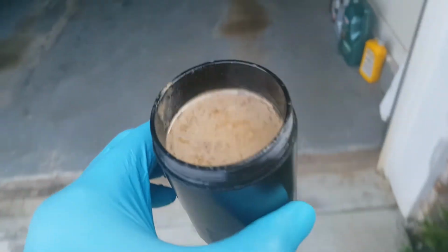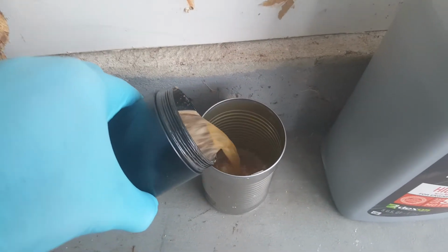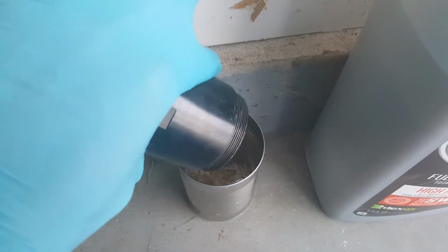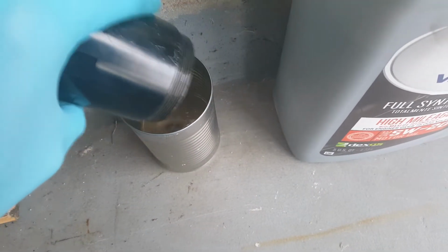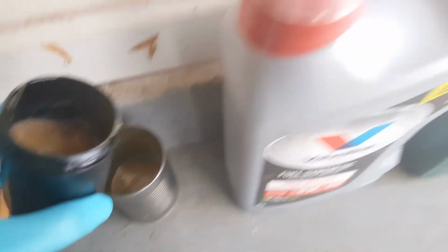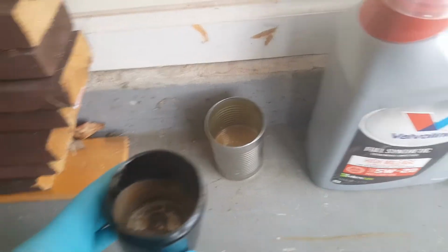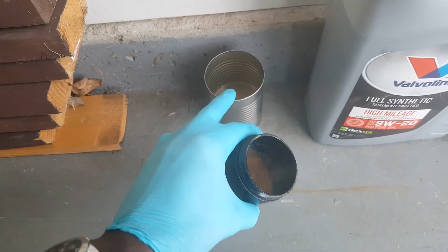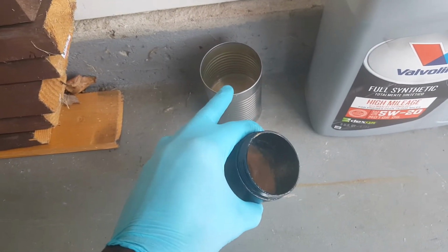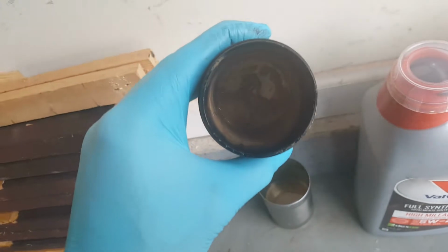What I do is I keep a little can over here and I just pour it in there, where I can put it in a container and dispose of it when I take this used oil in. I don't like to pour this in the yard or anything like that. So I just pour it in this little can here, and then later I put it in a plastic container, and I take it in when I take the oil. But once you pour it out, I usually take a